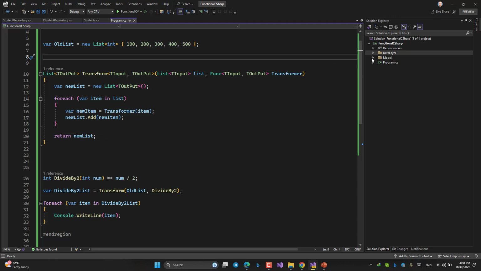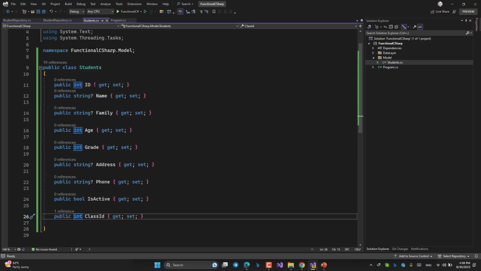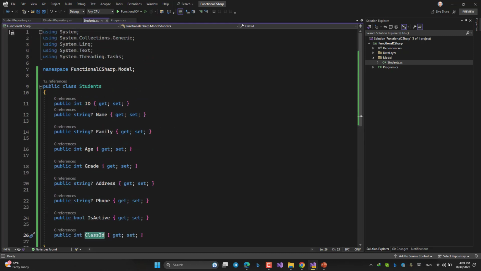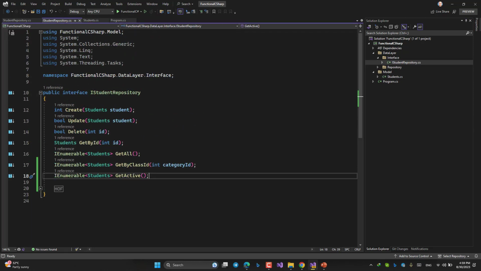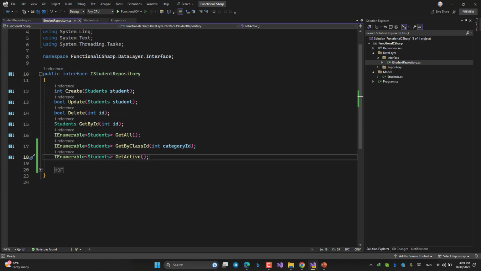Let's look at this folder. It's my model. ID, name, family, age, grade, address, phone, is active, class ID. Some simple properties. Okay? Here, inside the data layer, I have a simple interface.